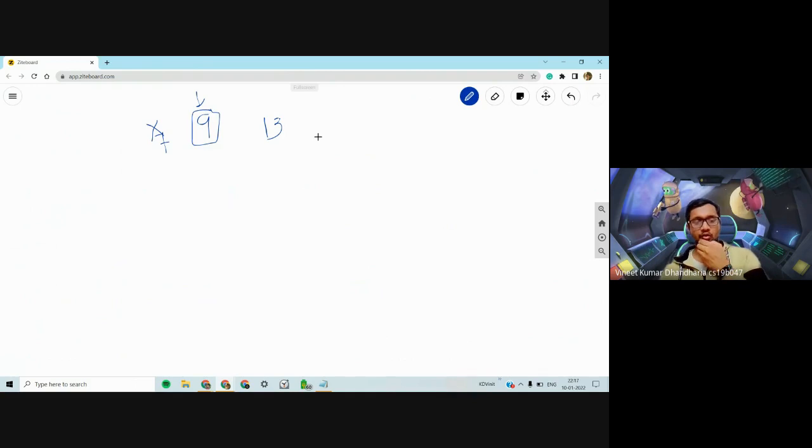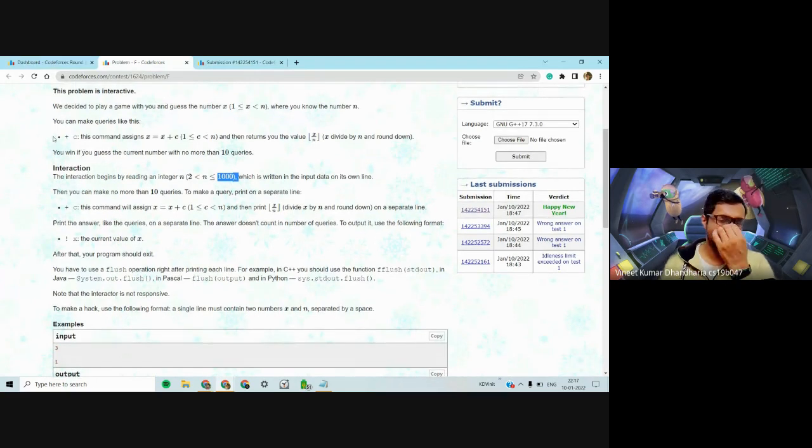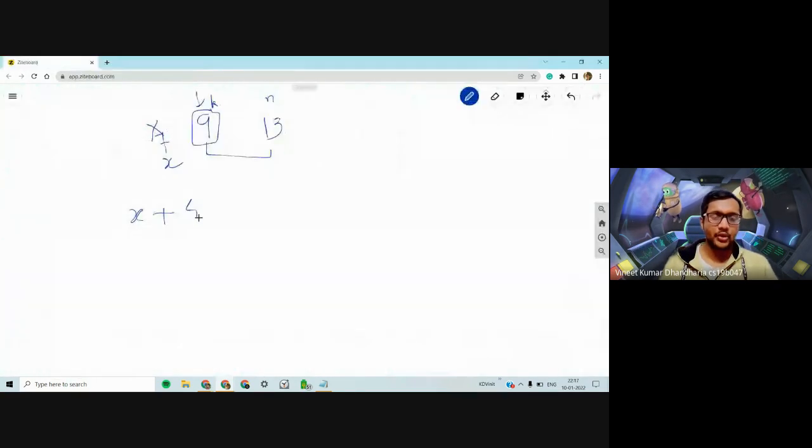So what I can do for this is, whatever the number is, X, I will add 4 to it. So if the given number was between 9 and 13, this is our n, this is our k, which we want to check, and this is our x. So we want to check if x is less than k or not. Here we know it is, but x is with the computer, so we don't know. We want to check if the number the computer is storing is less than 9 or not. So what we simply do is we ask the computer about the query plus c. So we ask it to do plus 4.